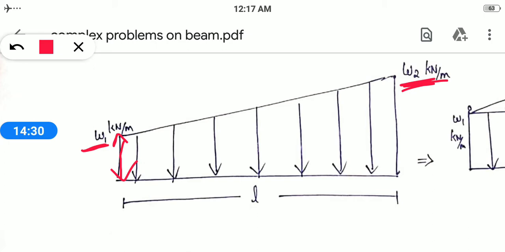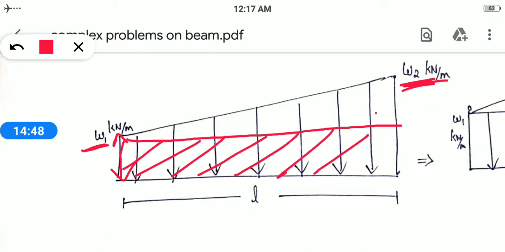Because we know how to resolve a uniformly distributed load separately and a varying load separately, but in this case how will you resolve it? Consider here this W1 and this is W2. So this W1 is going to act till the last, over the whole area, right? So I am taking this whole thing as a UDL,